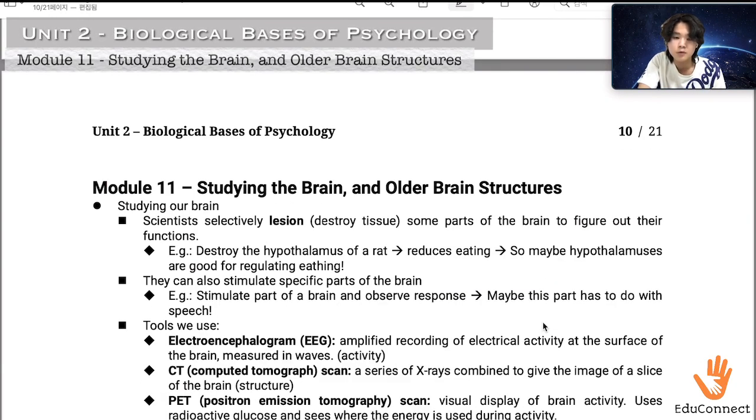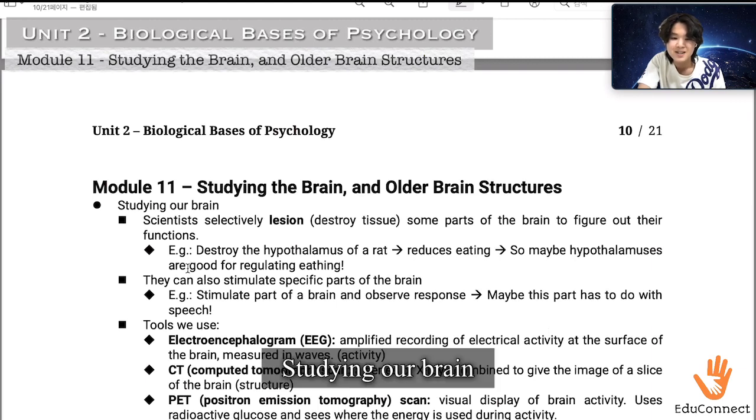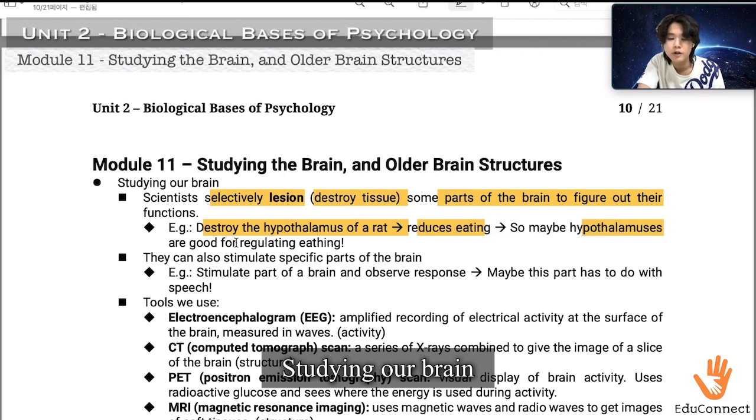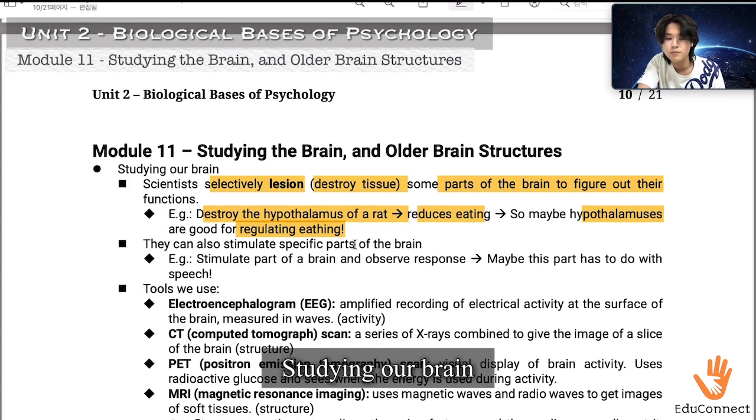Now on to Module 11, studying the brain and older brain structures. Studying our brain, scientists selectively lesion or destroy the tissue of some parts of the brain to figure out their functions. For example, they destroy the hypothalamus of a rat and it reduces their eating habits. So maybe the hypothalamus is good for regulating eating. This might be their